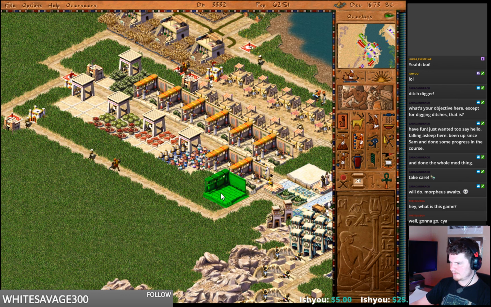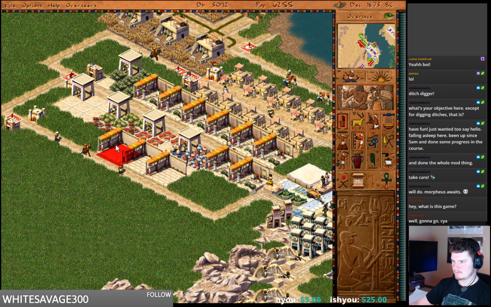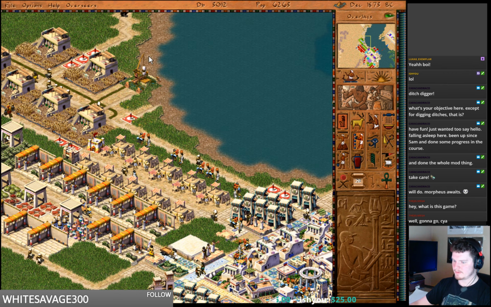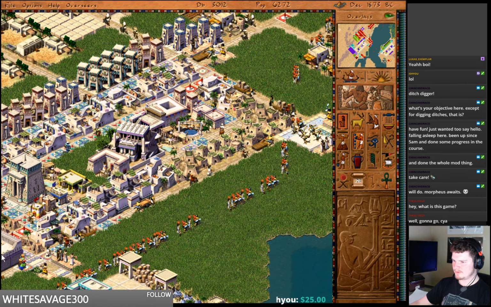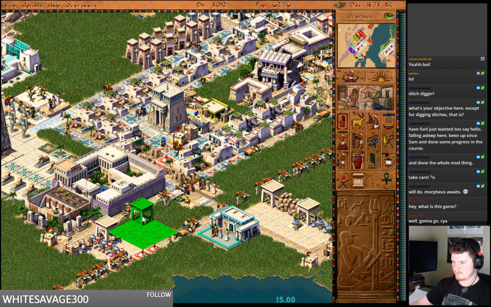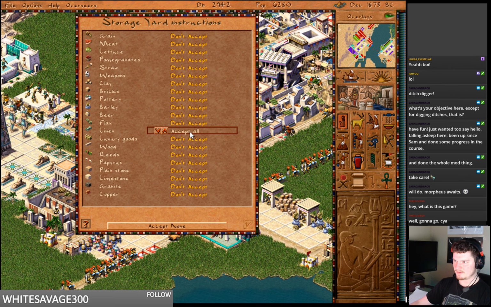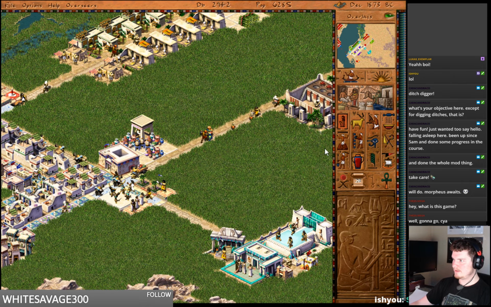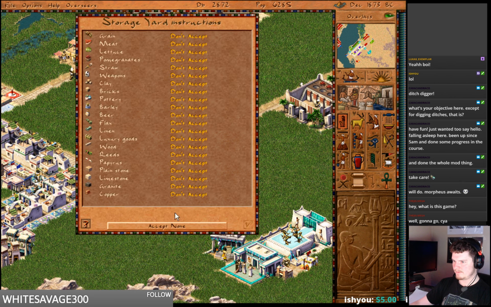Alright, so let's get our weavers. Let's just get 4 more, because we have flax. Let's run through it. And we're going to want linen distribution to the rest of the city, so we're going to want another storage yard down here. And let's make sure we accept linen. Let's get half linen, and another one over here. Get half linen,